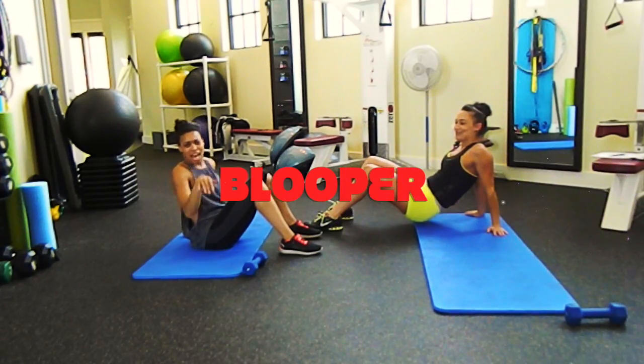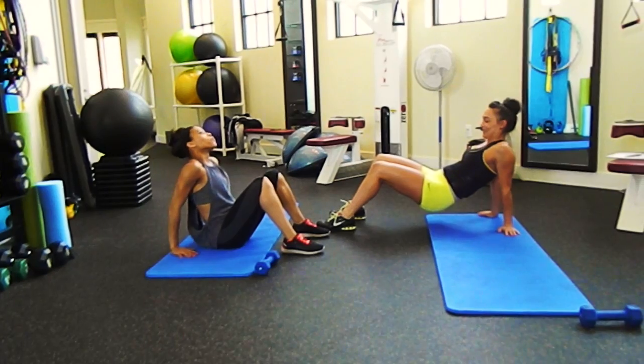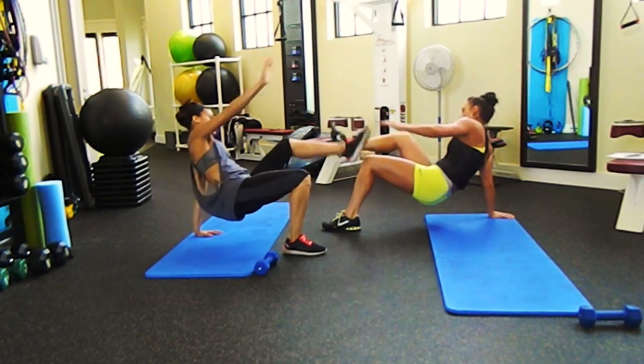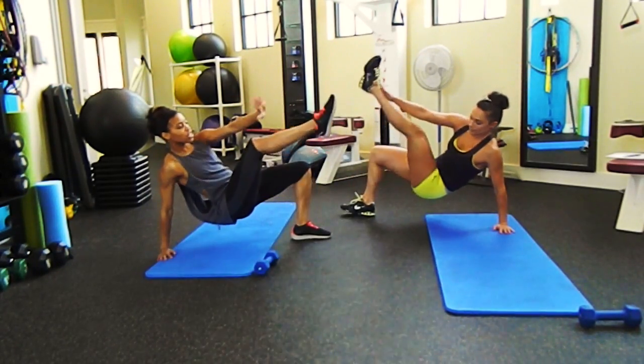We all messed up. All right, so what are we going to do? We're going to lift up, we're going to drive those hips forward, we're going to lift, cross over, down. There we go. So keep those abs tight. Try not to sink into those shoulders